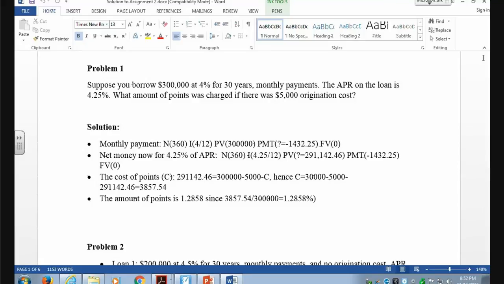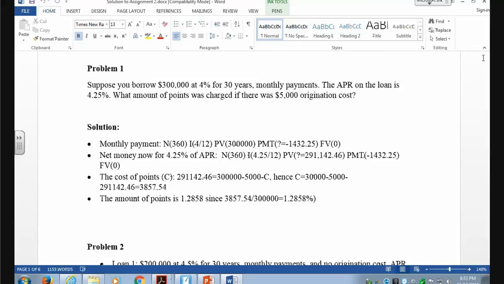Based on the APR of 4.25, the present value will be 291,000. Why the present value? The money that actually comes to your pocket is less than the loan amount, because you not only pay the 5,000 origination cost, but also pay the discount points. Now the cost of the discount points will be